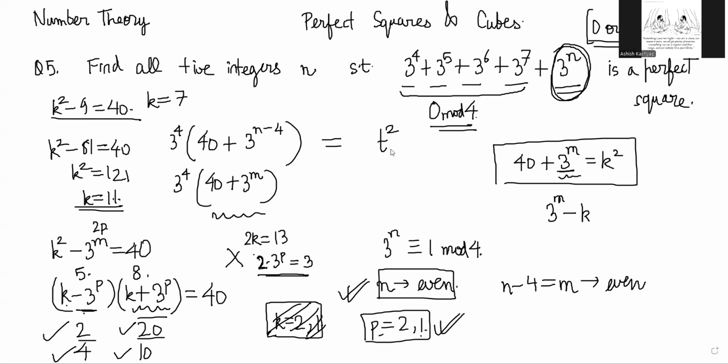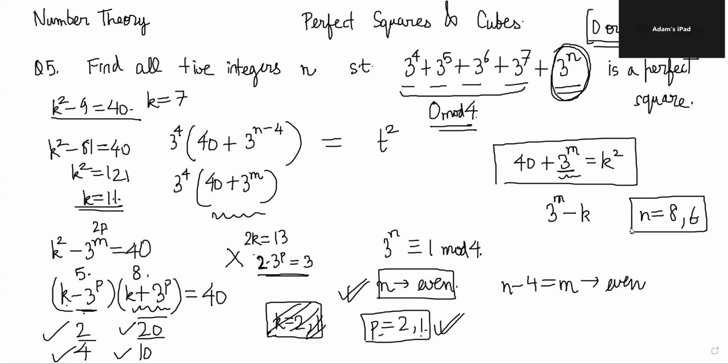Then what are the possible n values? 8 and 6, right? Did you get anything like this, 8 or 6 or something? Oh yeah, I just forgot to add the 4 at the end, so I had 4 and 2, but it's fine. Right, so 8 and 6 are the possibilities,